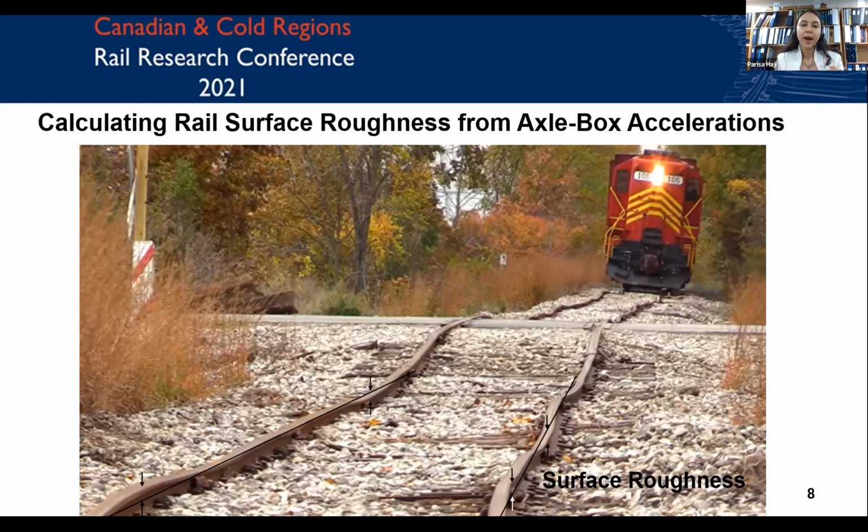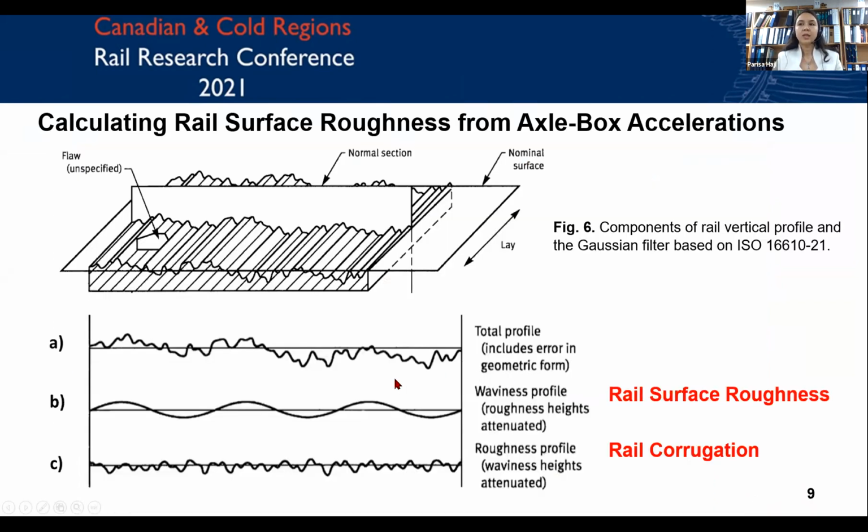So first of all, track geometry condition is an important measure to ensure the safe operation of rail lines. One measure of this is surface roughness. Surface roughness means where vertical alignment of track are deviated from their designed position. Using the Gaussian filter, which is a computational metrology method, I developed a new technique which evaluates surface roughness from